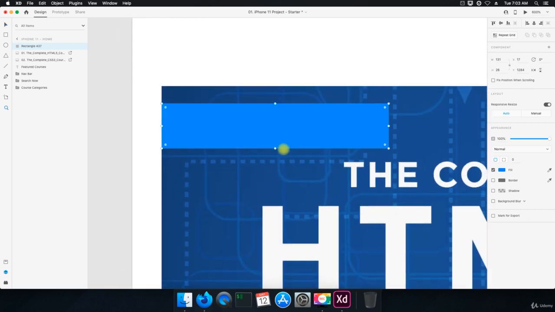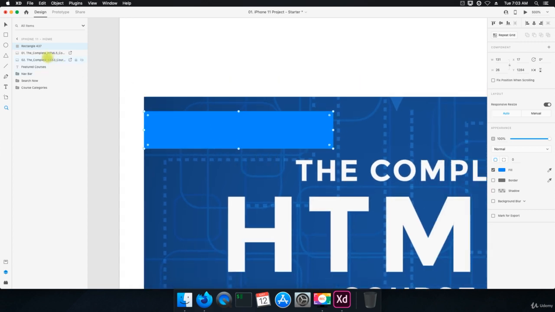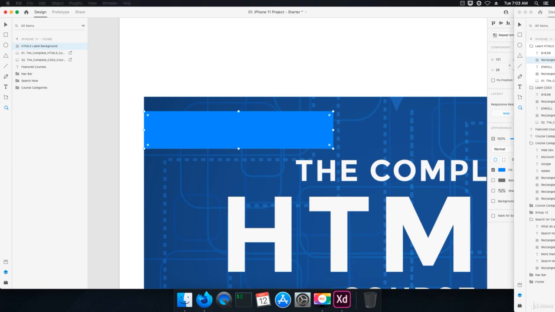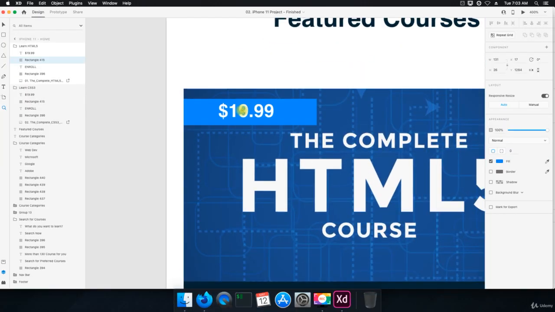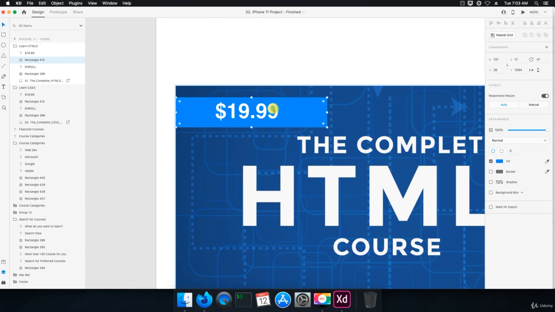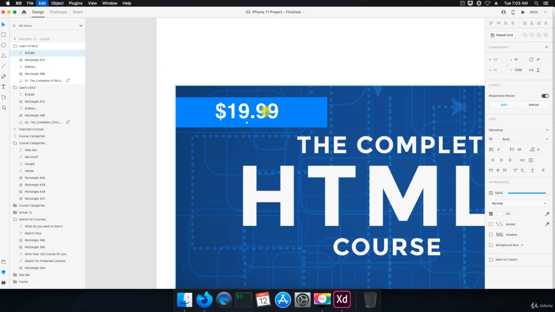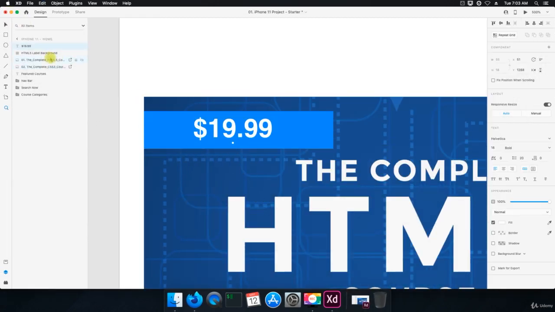Okay, and then we're going to add the price. So we'll do label background, and let's do HTML5 label background. Okay, so we know what it is, and then we'll bring in the finished product. I'm going to copy just the text. Okay, I'll hit Command C on the Mac, Control C on the PC, minimize that, paste her in there,